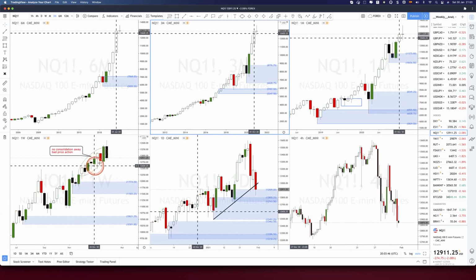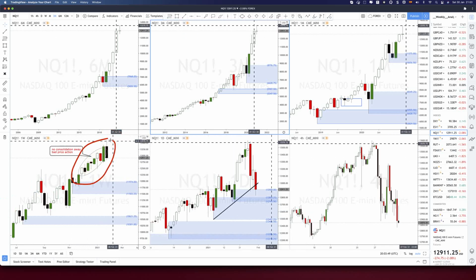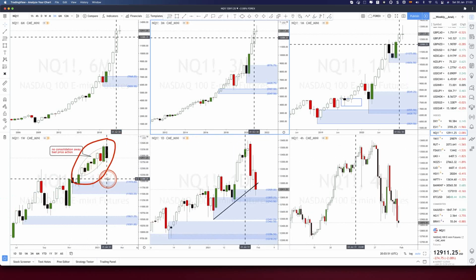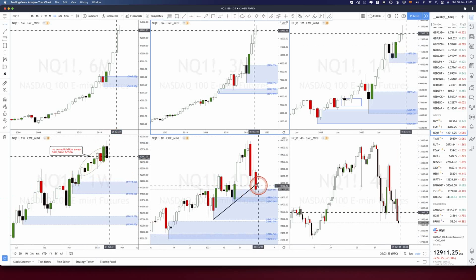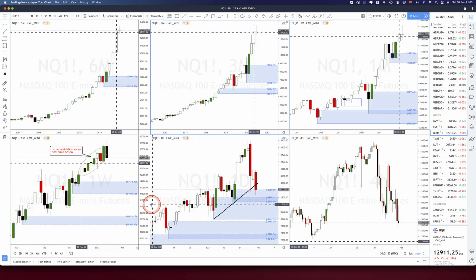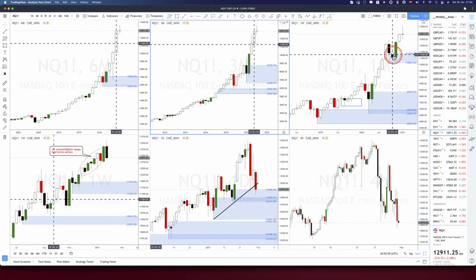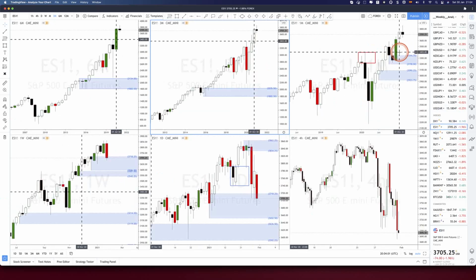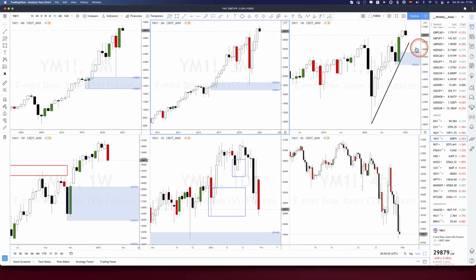We've got bad price action here on the weekly, no consolidation away. We are waiting for new areas of demand to be created. This cannot be set and forget. Monthly area demand over there, very similar to the S&P area demand. On Dow Jones, same thing, monthly uptrend, longs on monthly area demand.